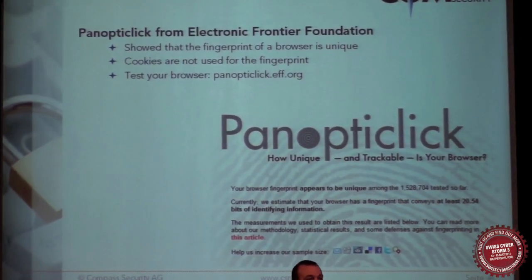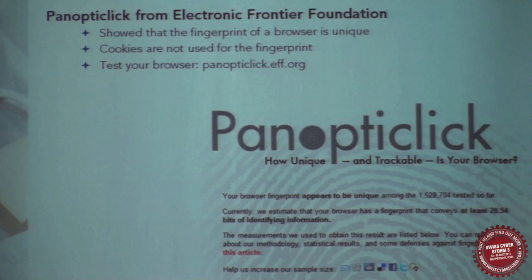It's called panopticlick.eff.org. There you can connect with your browser and click on a button which says Test Me, and then Panopticlick creates a browser fingerprint and tells you how many other browsers in the world